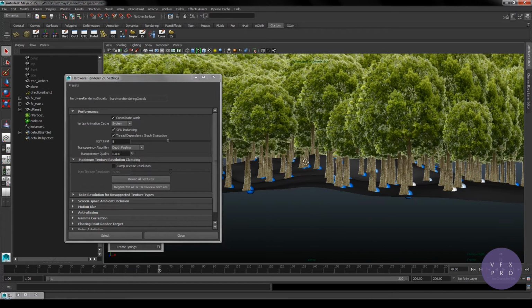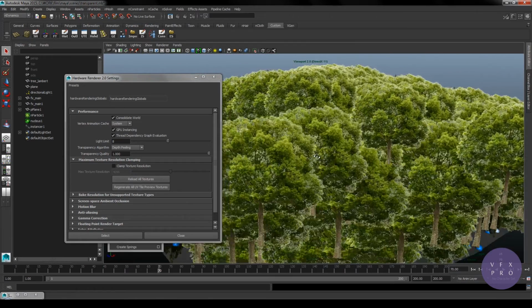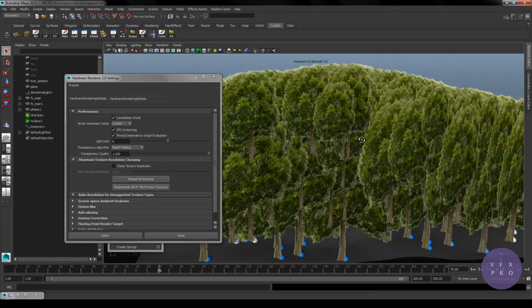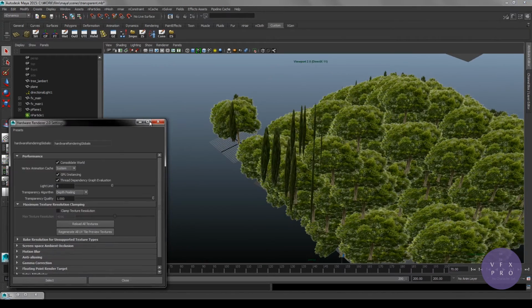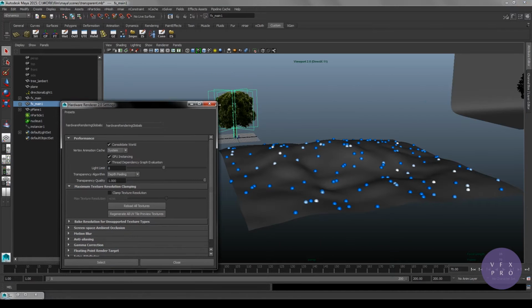Depth peeling. So as far as you can see, this is all looking very weird. Let's again assign the ShaderFX. What we can do is